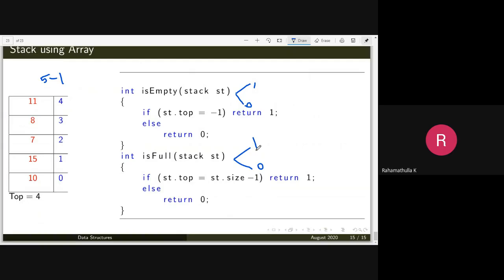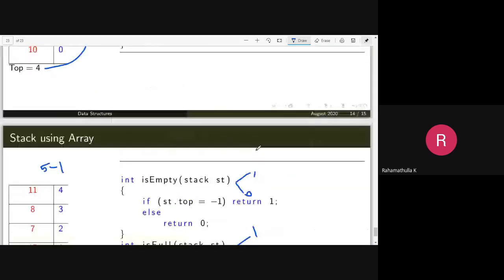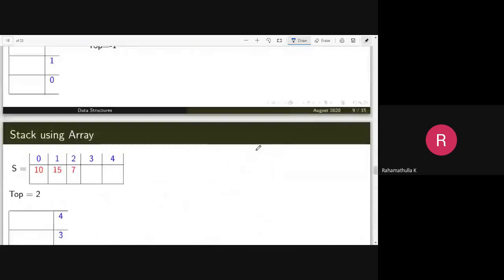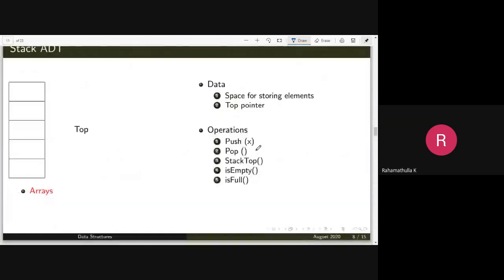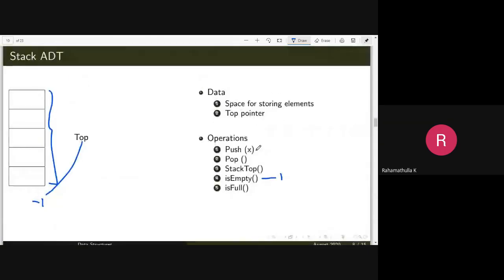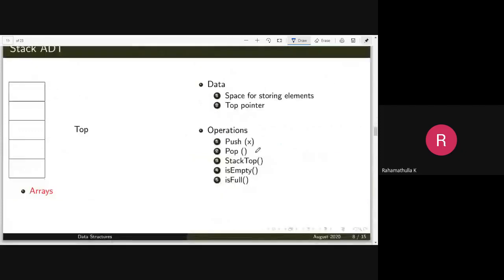So that's all about the stack data structure. We have been talking about the stack data structure, which is defined as the data and its operations. Data means you have the space for storing elements. If it is an integer stack, you will have to reserve space for storing that many integers.